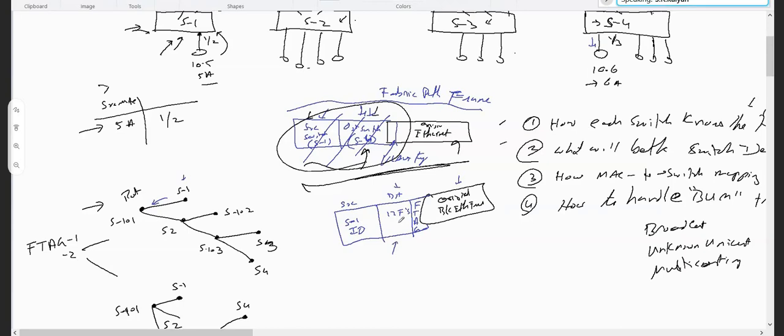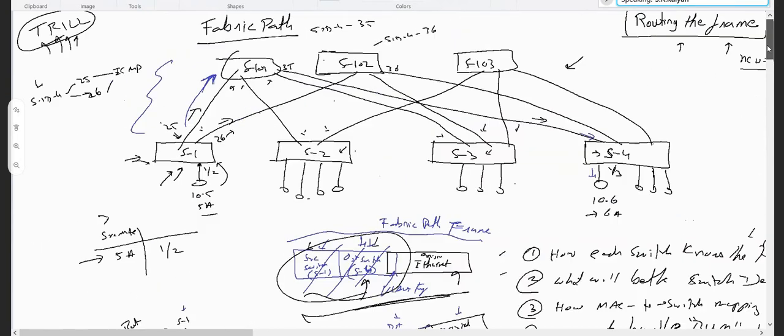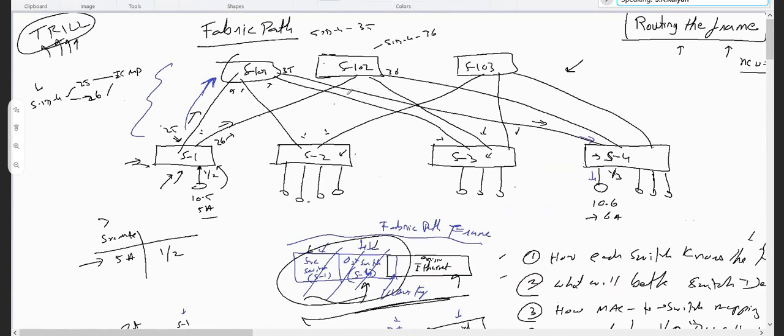Oh, so it's a broadcast. So I will look into the F tag. What is the F tag I am supposed to use? I will see that. And F tag is 1, which is set by switch 1, right? So it will look, okay, I am supposed to use this tree. According to this tree, this is the only outgoing interface. So what I do, I will only send it on this link. Okay, yeah. I will send it on this link, only on this link